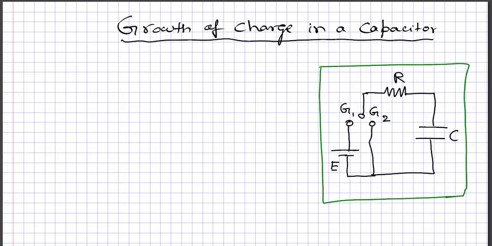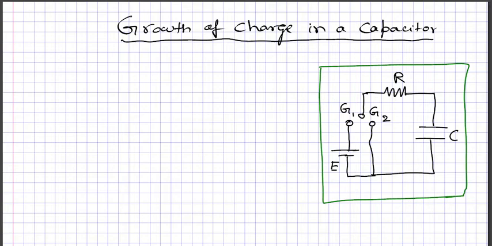As a result of multiple resistors and batteries, the resultant voltages across the resistors and the currents in the circuit will be different from that of a simple circuit. Let us begin with the response of a capacitor to a DC voltage. The circuit is as shown here. It consists of a resistor R, a capacitor C, and a battery E.